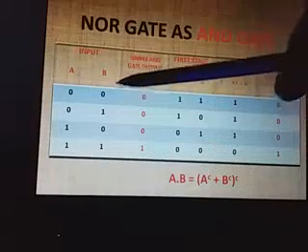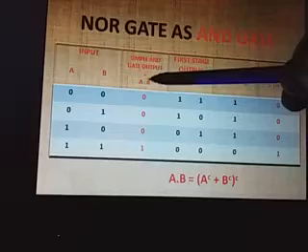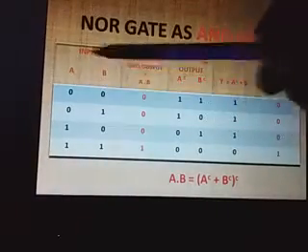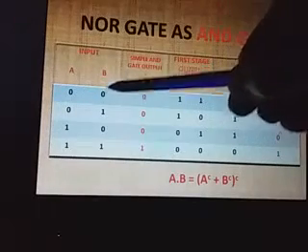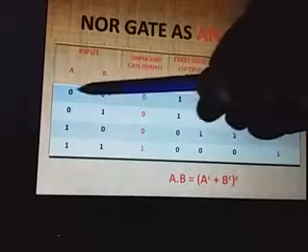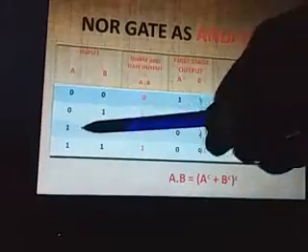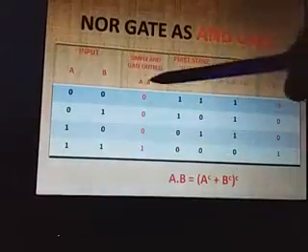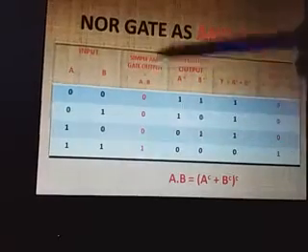Simple AND gate output will be A dot B, the binary product of the signals received. For A 0, B 0, it will be 0 when we take binary product. 0 into 0 is 0, 0 dot 1 is 0, 1 into 0 is 0, and 1 into 1 is 1. So this is the simple AND gate output.